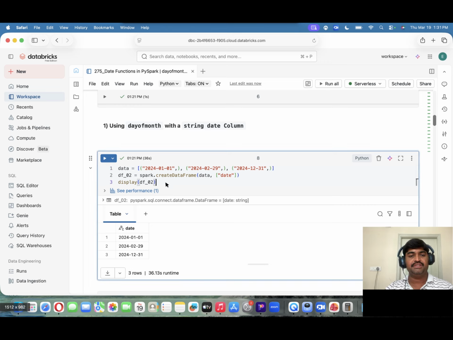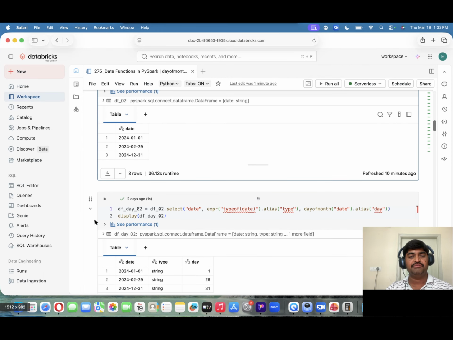Here first I'm creating the sample data frame by using spark.createDataFrame. Here I'm passing my data, this list of tuples, and each date value I'm passing here. I have a single column, that is date. If you run this one, I will get a single column, that is date, and these are all the values I passed, and my data type is string. So now what we need to do is,